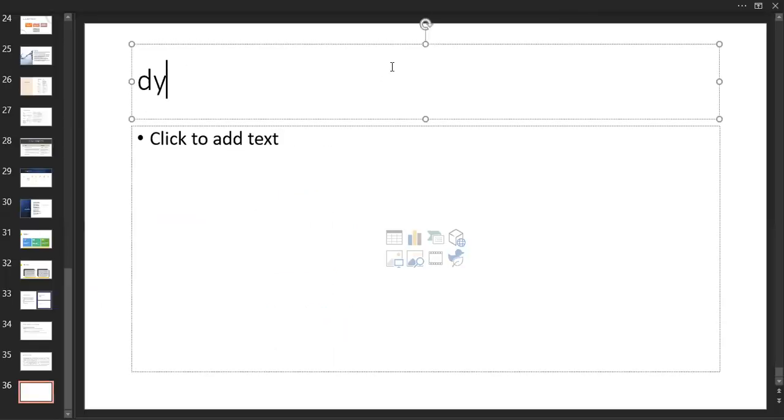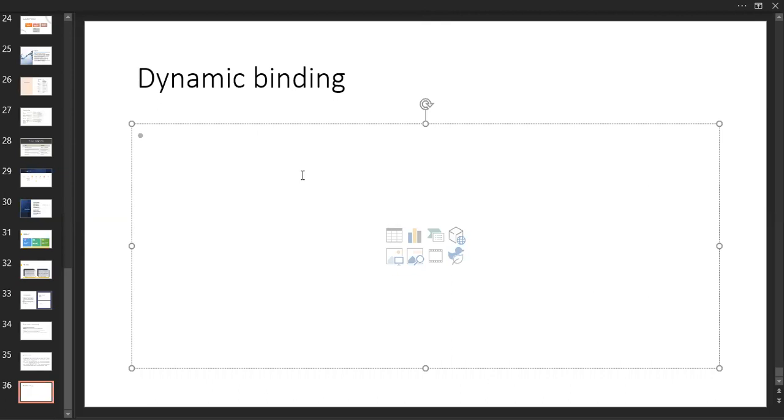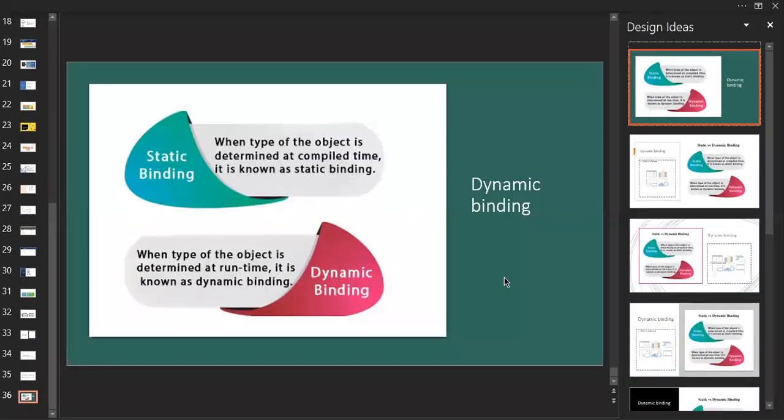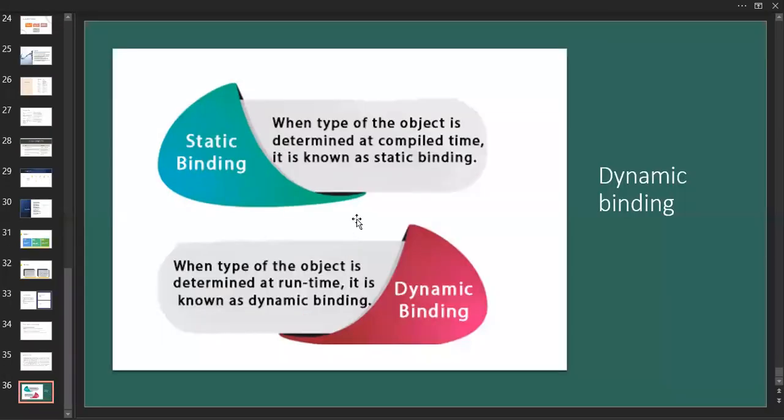Okay, this is dynamic binding, the next topic for you. So what is the use of dynamic binding? Here, what are static and dynamic binding? In our syllabus we have only dynamic binding, but if you want to know about static, that's why I mentioned this.